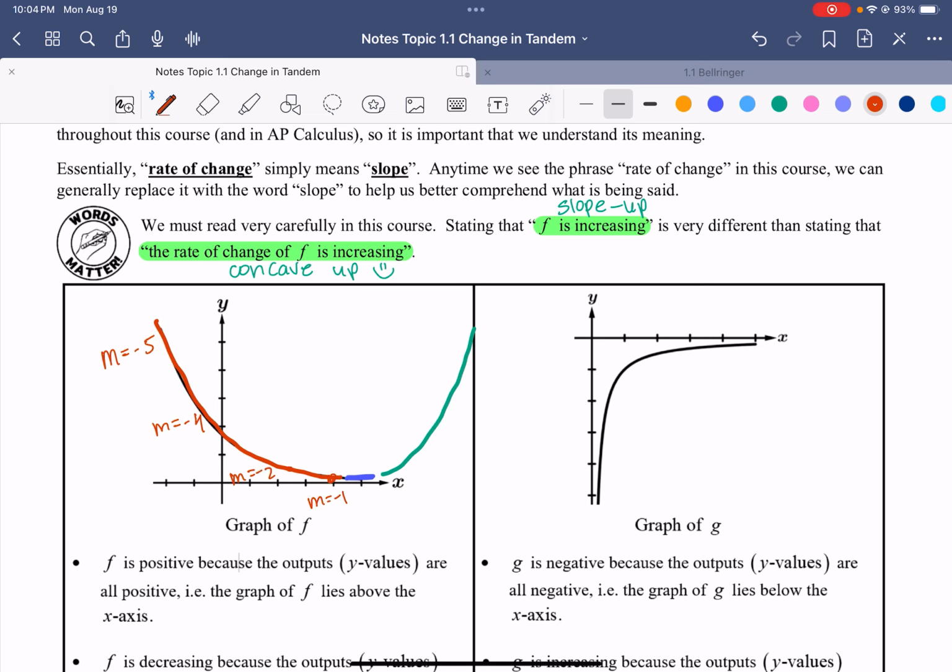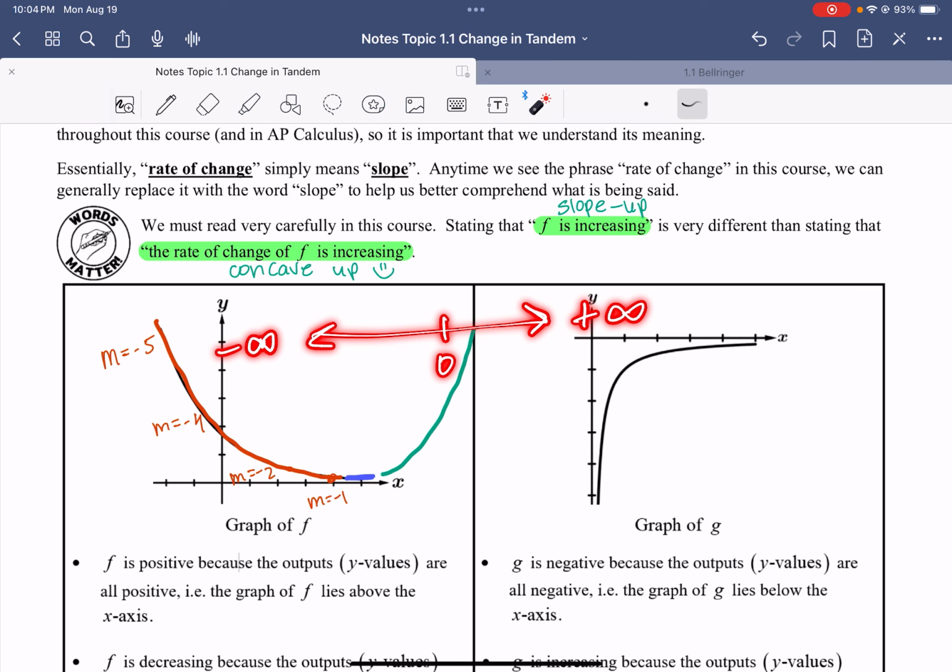Okay, so these are still all negative numbers, but notice that those numbers are getting bigger. So if you think about a number line, the bigger negative numbers are all the way to the left. Then you have 0, and then you have all the positive numbers. So if you're going towards the positive numbers, that means that all of your slopes are getting bigger,